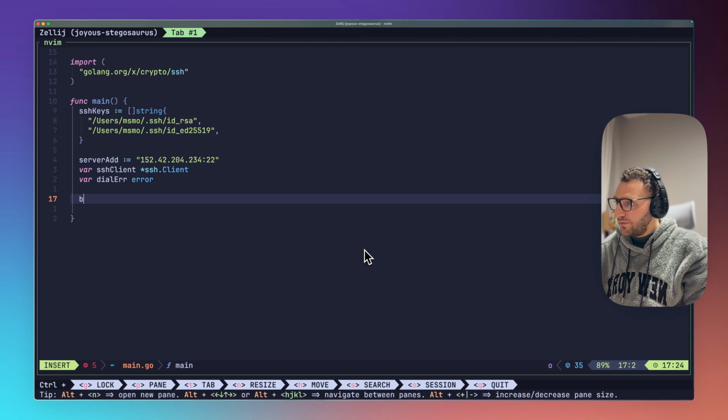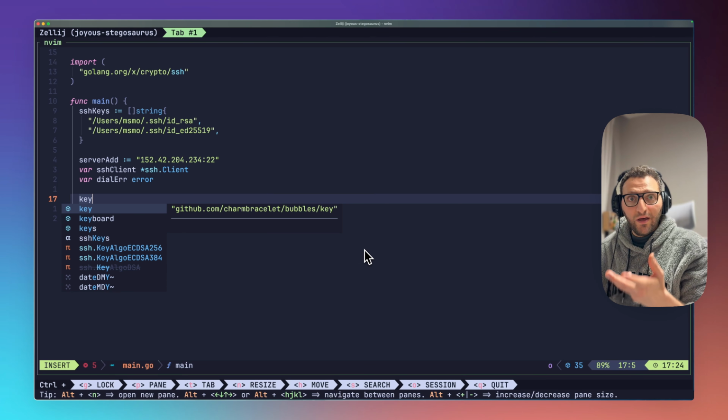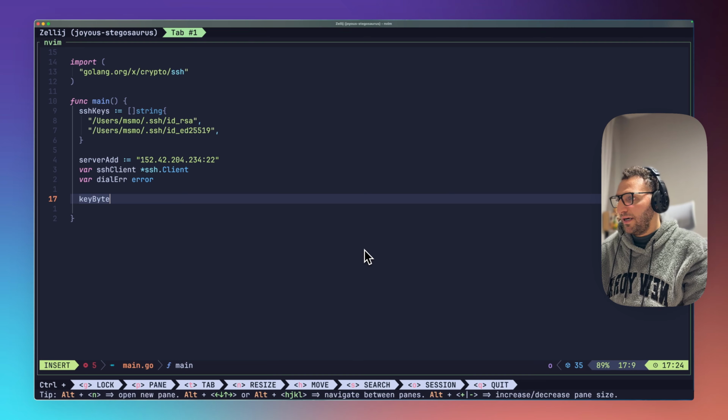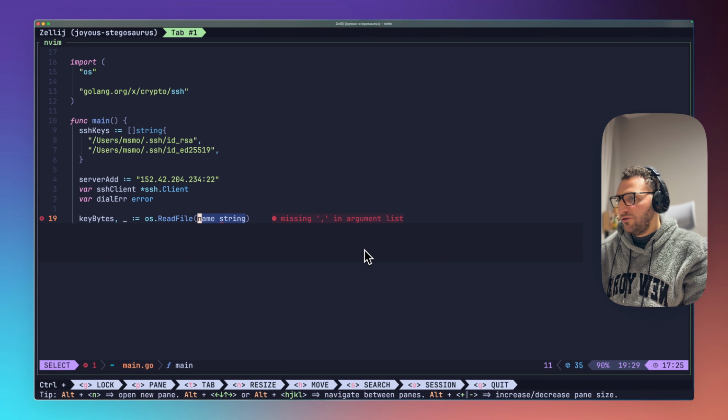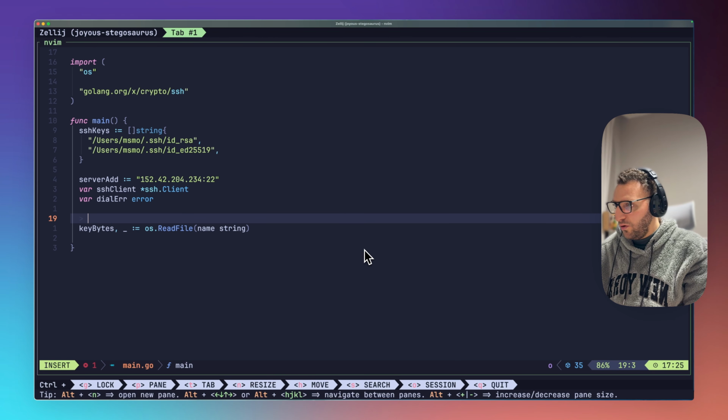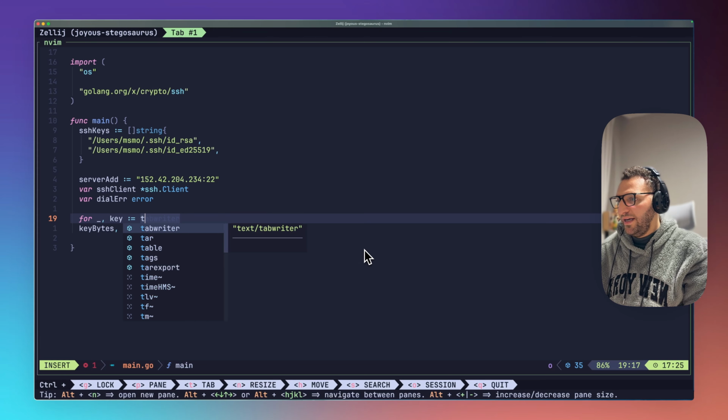What we're going to do first of all is read the key itself. So key bytes here, I'm going to read it in bytes, obviously. And again, I'm ignoring the errors here. What that will do is os.ReadFile here. So I'm going to read that key. Okay, cool. So we don't have a key first. We need to loop over it. So let's just say for, I'm going to ignore the index, and I'll get access to the key, which will come back from the keyword range,